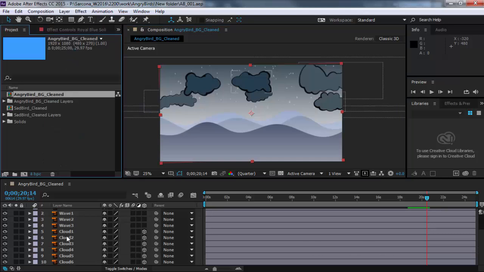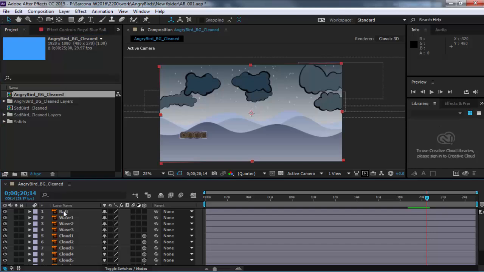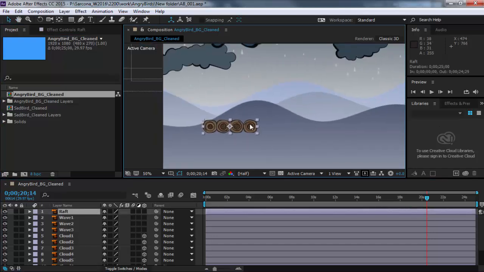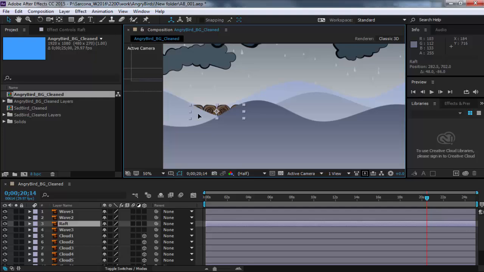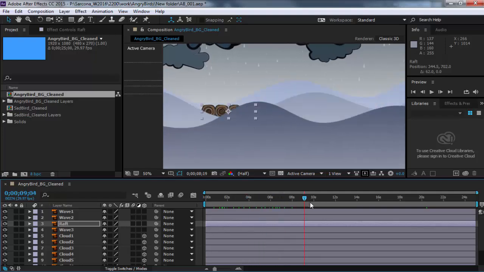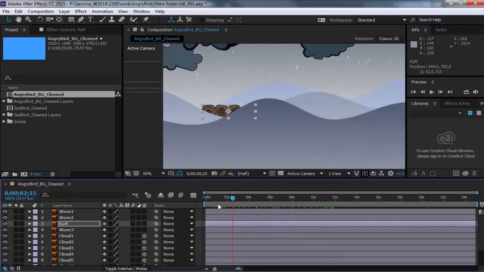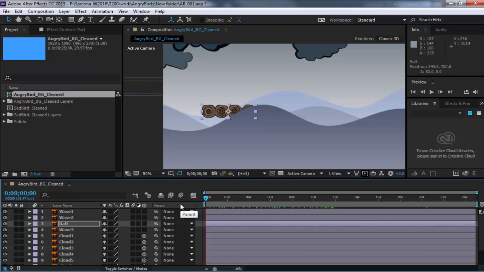So I have this raft right here. And first off, it's in the middle of this. I want it to be actually in the waves. So like that. Okay, so it's kind of behind this so you can see that the Angry Bird will be bouncing on that. And as the water moves around it, you can see more or less of it. But I want it to also just kind of move with it, right? So I want this thing to look like it's kind of floating on the water,